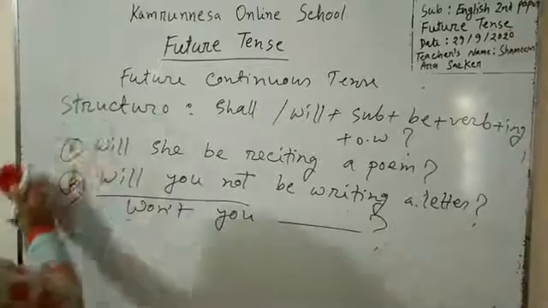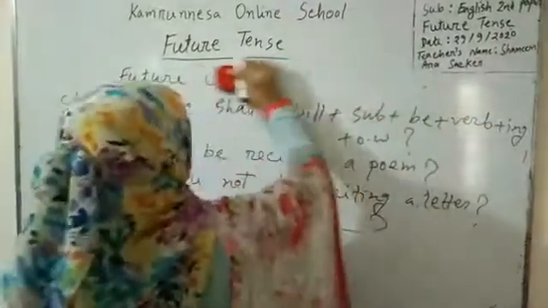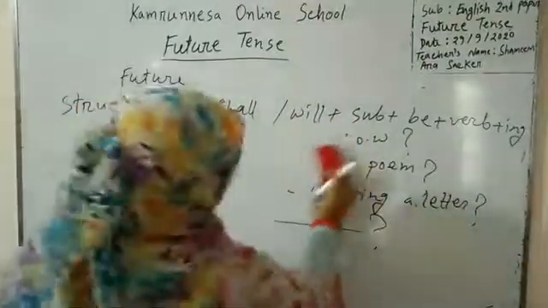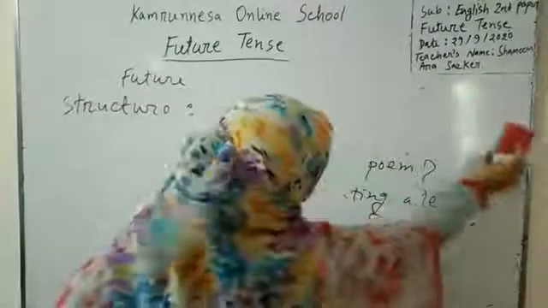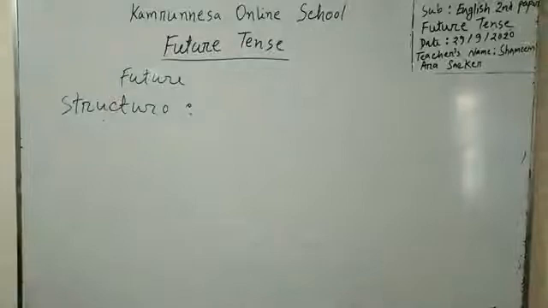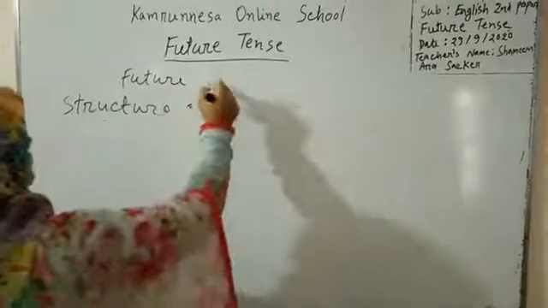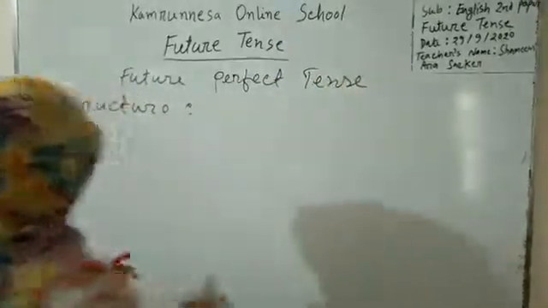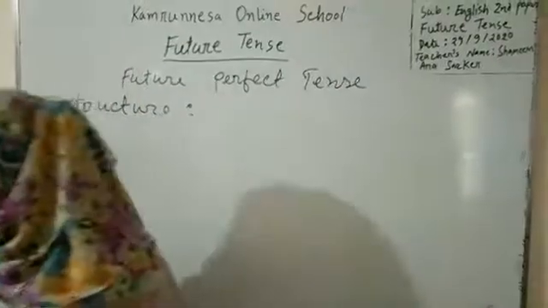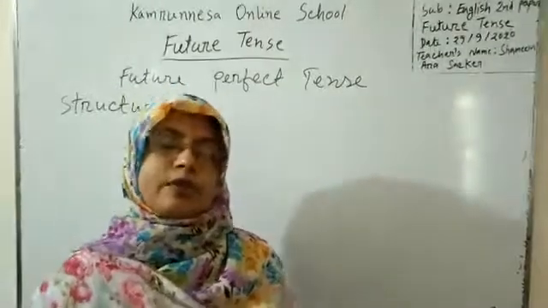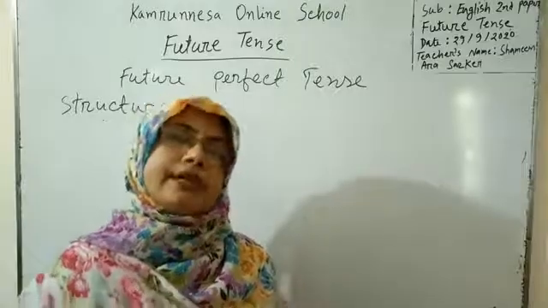Now, let us see future perfect tense. Future perfect tense is used for an action which will be completed by a certain future